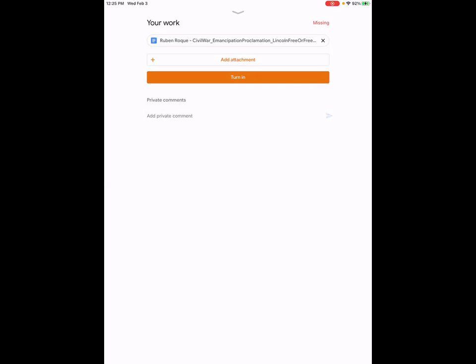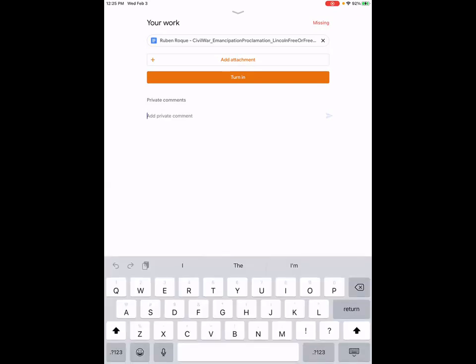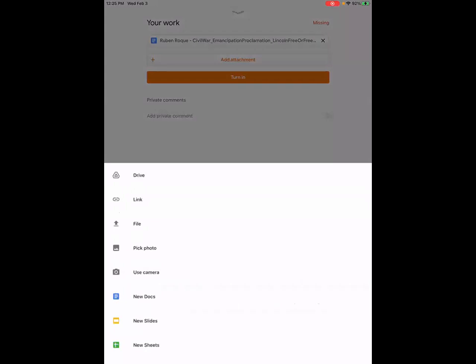Now, if there are questions about this specific document, you can always add a private comment. This will only be seen by the teacher, no one else. It's just a message between you and your teacher about this specific assignment. Another option: you see here it says add attachment. Now you can